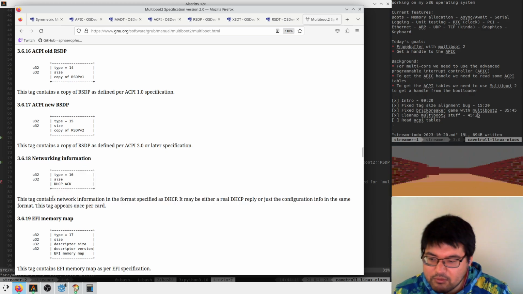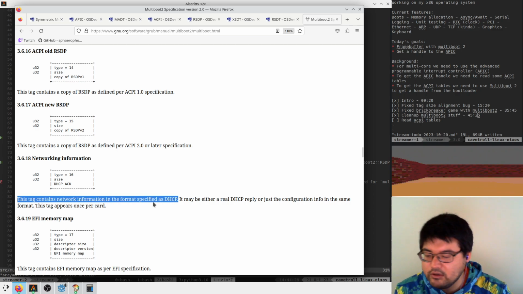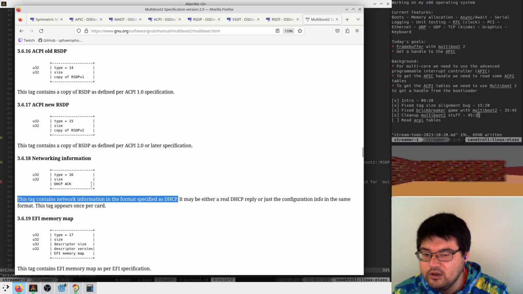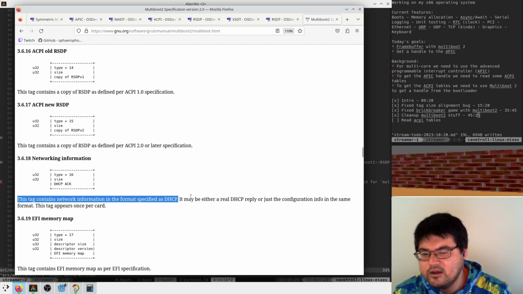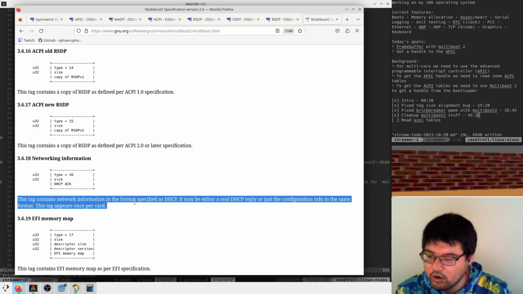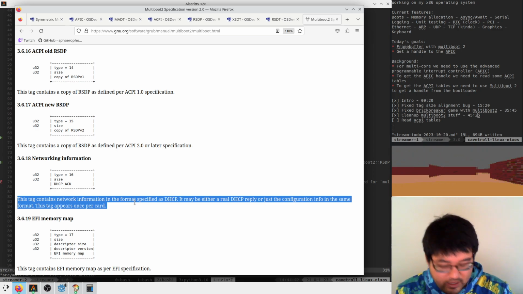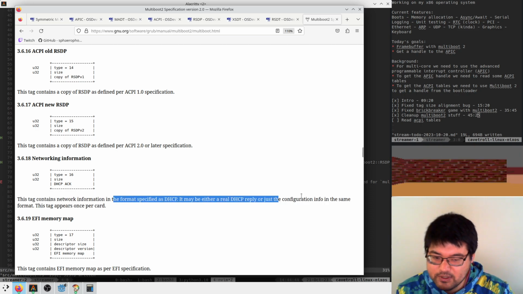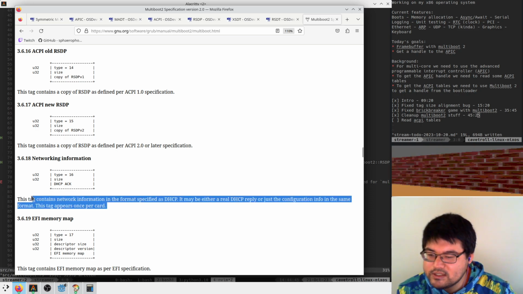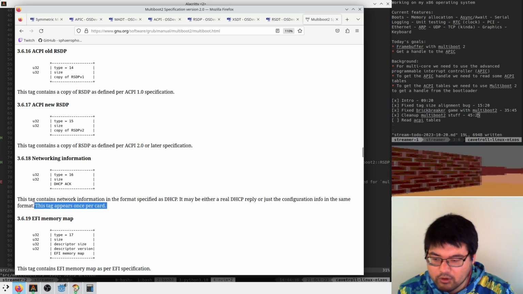Okay, so I was thinking that would be nuts. If the bootloader had to have every single Ethernet card driver and do a DHCP thing, but instead it's just saying, no, that's still crazy. Even if this is not for an actual DHCP response, and it might just be configuration info, that's still nuts for it to be able to interact with the network cards at all.